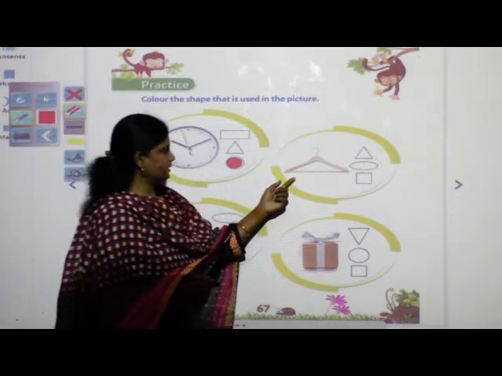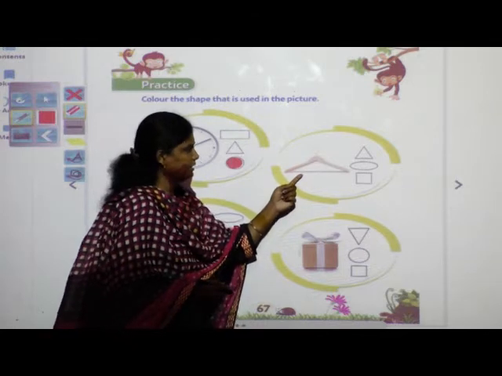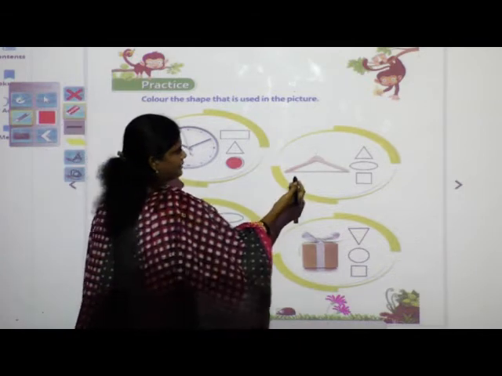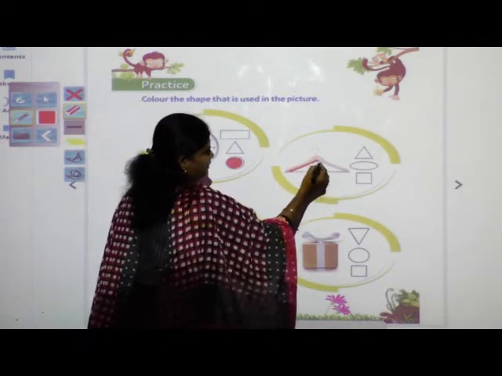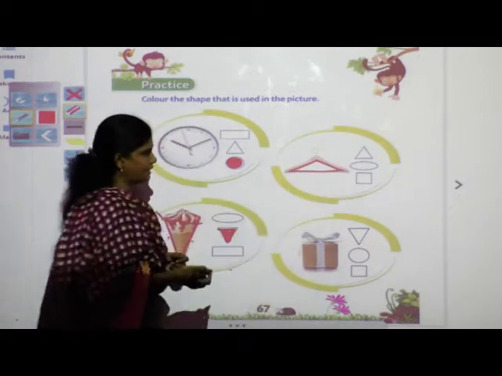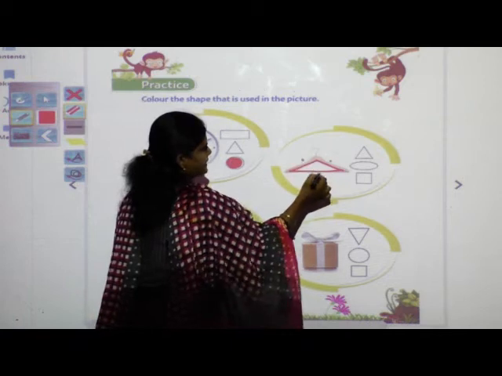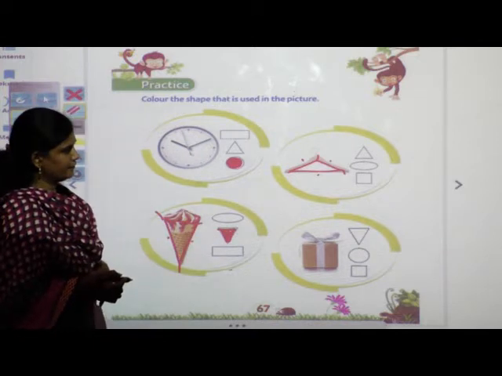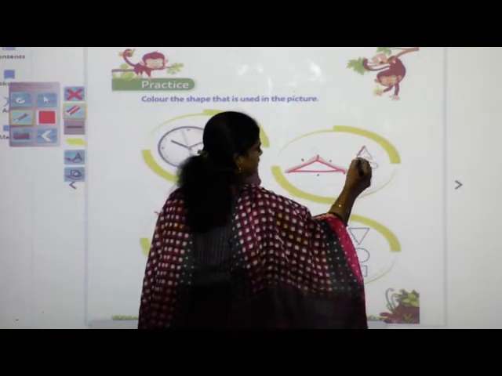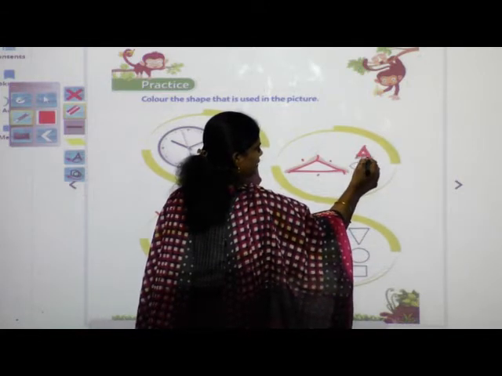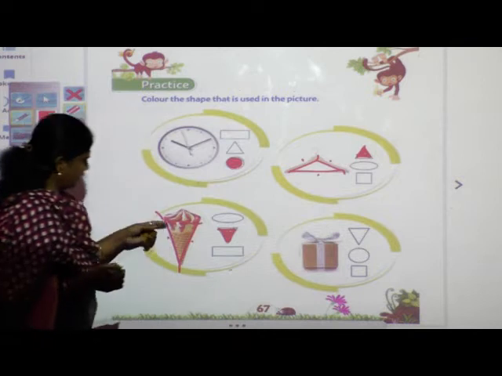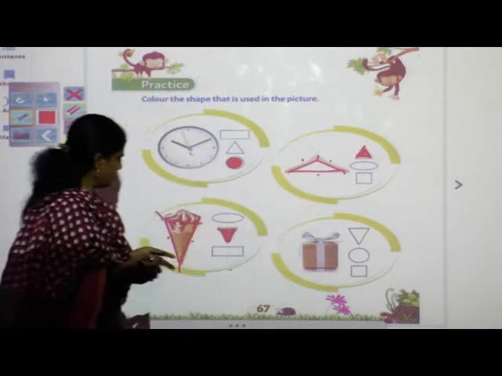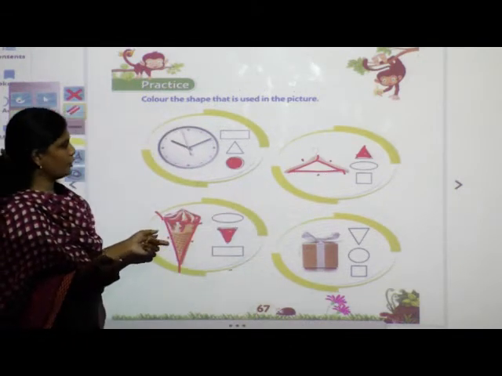Next is a hanger. Yes, where do you see this hanger? Yes, we keep the clothes on that and we keep them in the cupboard. So what is the shape of this? See, like this you have to draw and see, means you will get the idea also. So here also see, three sides are there, three corners are there. So now this shape, what will we say for this shape? Yes, it is a triangle. Just now I told you that it is not like that, it must be the same size. See, here it was long, here it is different, but both are triangles only. Yes, so don't get confused.